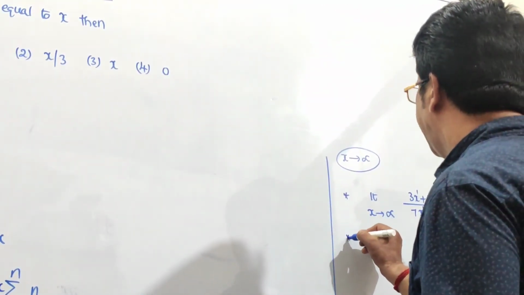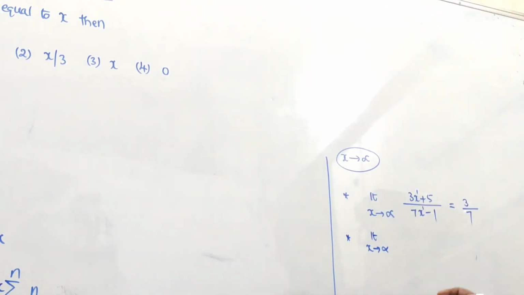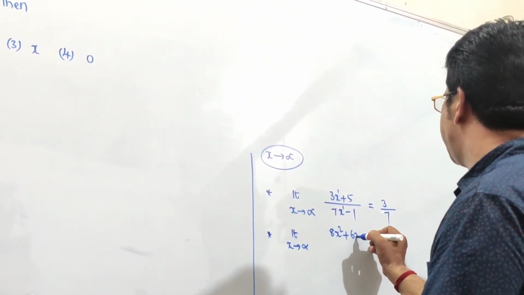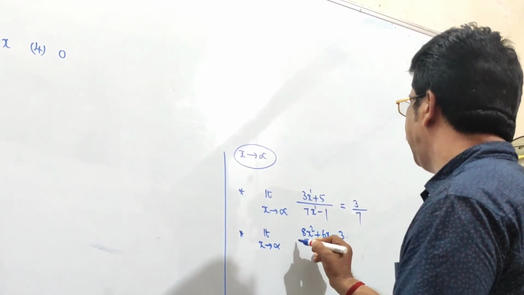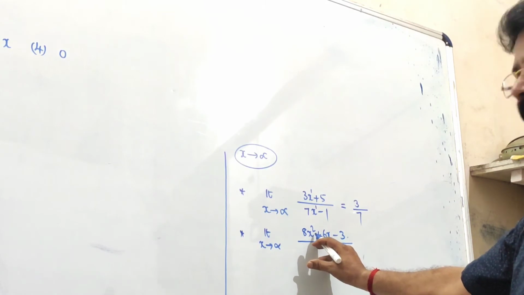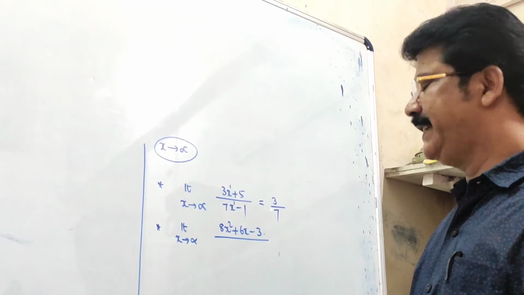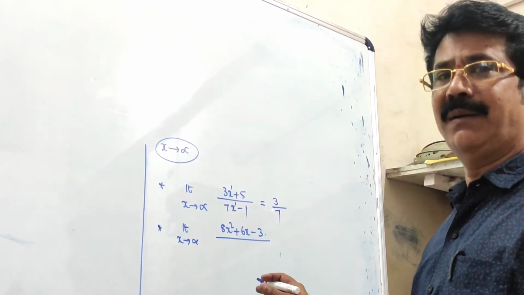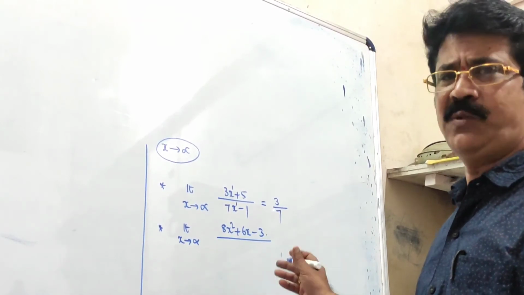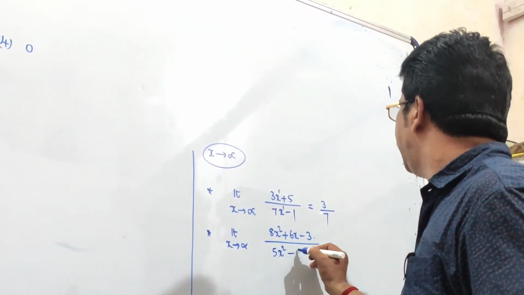Okay. Next, second example. You can take quadratic expressions. 8x square plus 6x minus 3, like that, divided by. So I took quadratic expression, means the degree of numerator is 2. Tell me another denominator as a degree of denominator is 2, or simply quadratic expression, tell me another quadratic expression. It is your choice. Okay, 5x square minus